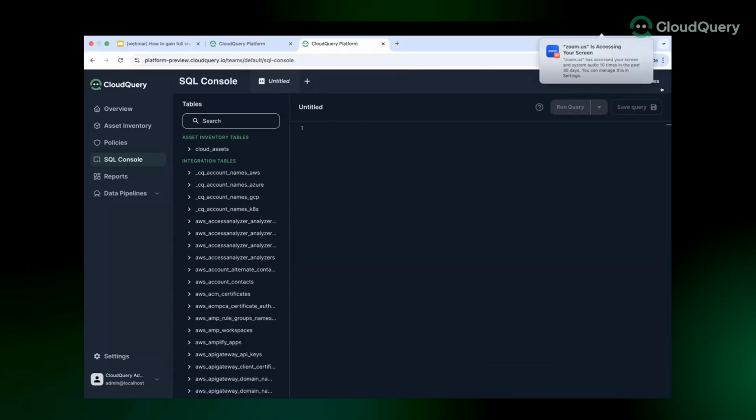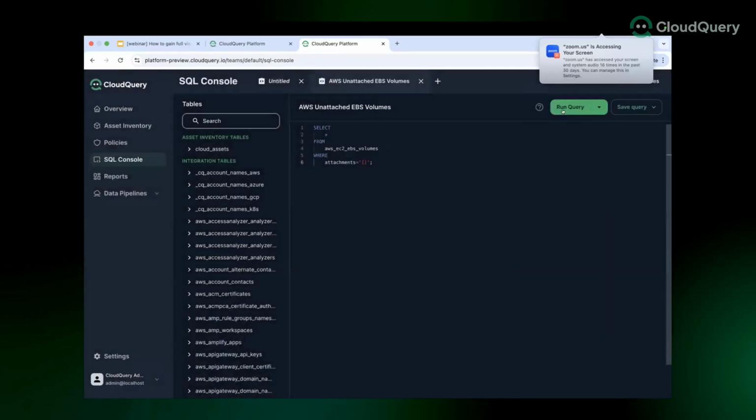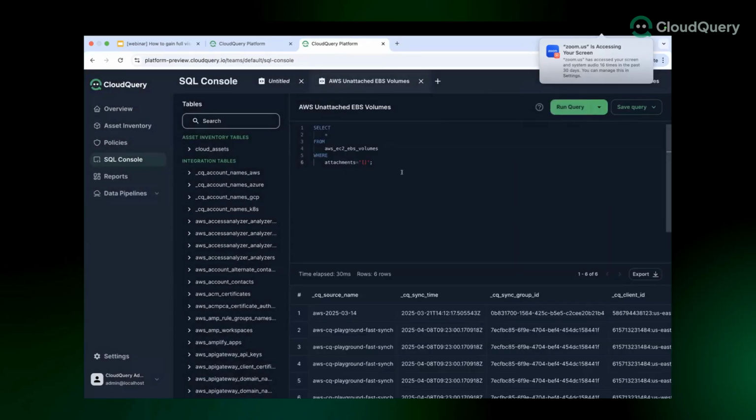And an example of that are EBS volumes. So here we have a query that lists all the EBS volumes that are not attached to any instance. So it's great that you have volumes and you can have backups and everything, but you want to make sure that this is something that is being used. And if it's not being used, maybe you can archive it and move it to history so you can save